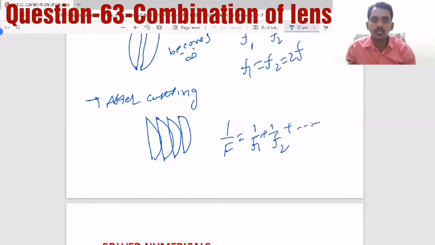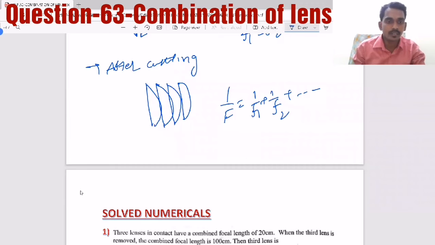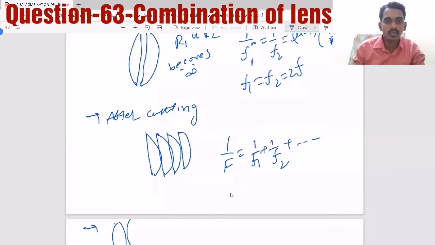Like that, they can ask questions based on even cutting off a lens. So this is the basic idea and the basic formula required to solve questions based on combination of lenses. Or sometimes they will also keep, see, two convex lenses like this, and